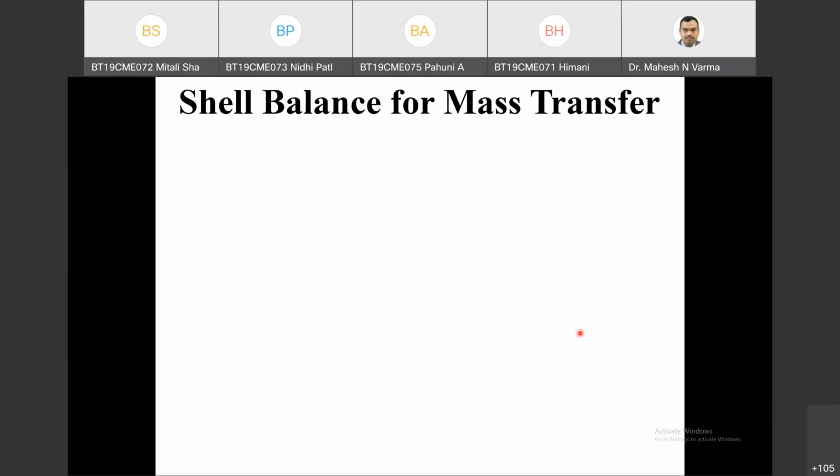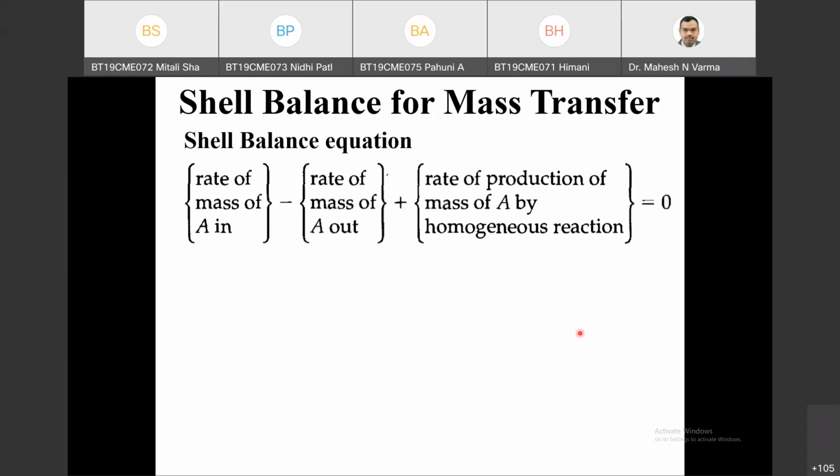Okay, so shell balance for mass transfer. Next is the overall equation. First of all, we will discuss, so it is very easy. Rate of mass coming in minus rate of mass going out plus generation minus consumption, production of mass by homogeneous reaction or consumption, that will be equal to 0. This will be the overall shell balance for mass transfer. This is equal to 0 for